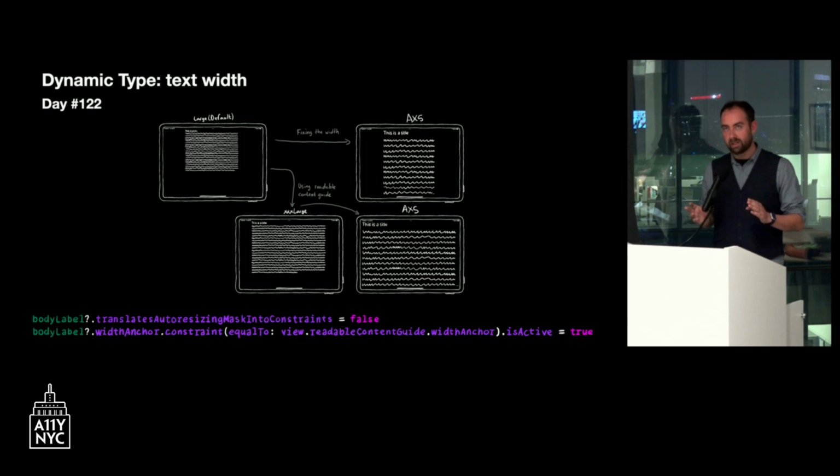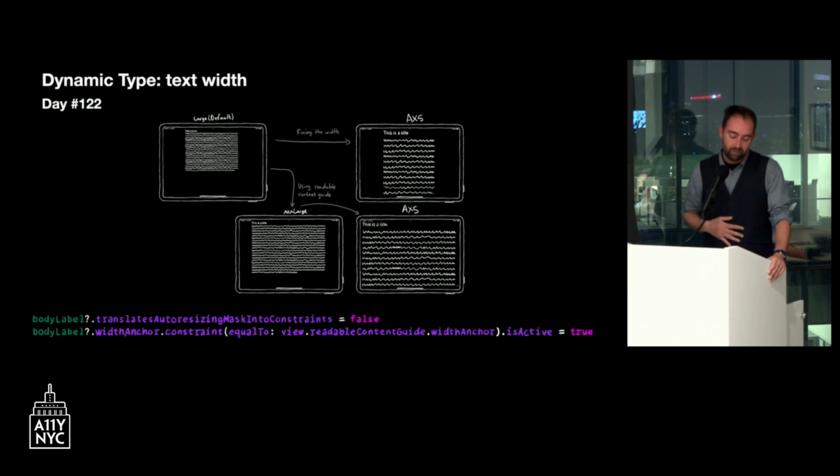And there are studies that indicate what's the ideal width for the line. But if you're using a large text size, it's useful to actually have the whole screen from side to side. So just for you not to have to think about it, there's what is called a content guide in iOS, called Readable Content Guide, and that handles all that for you.